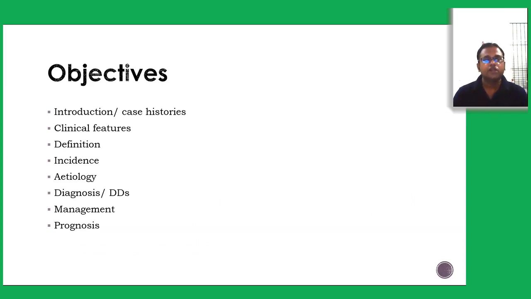So the objectives of my lecture, or the lineup of my lecture, is like this. I'm going to start with the introduction, and we'll start with some case histories. Actually, these are patients we have managed in our neonatal unit over the last few weeks, and then we'll discuss clinical features. I hope you all have seen these children with hypoglycemia, and you must be knowing their clinical features. And what is important is these clinical features are not specific for hypoglycemia. So children with other problems can present with this sort of